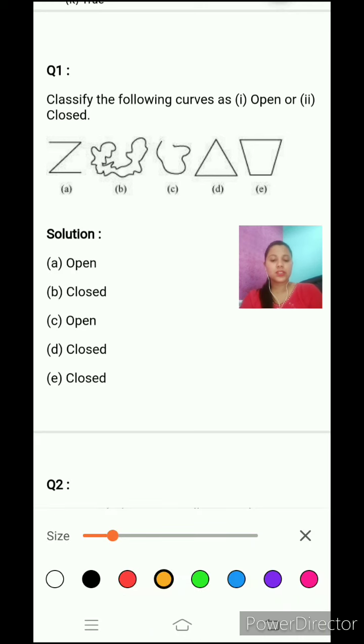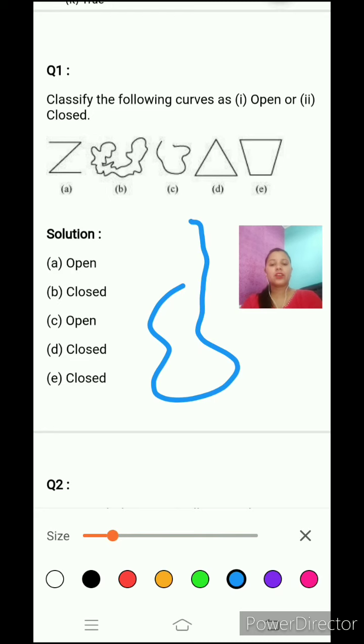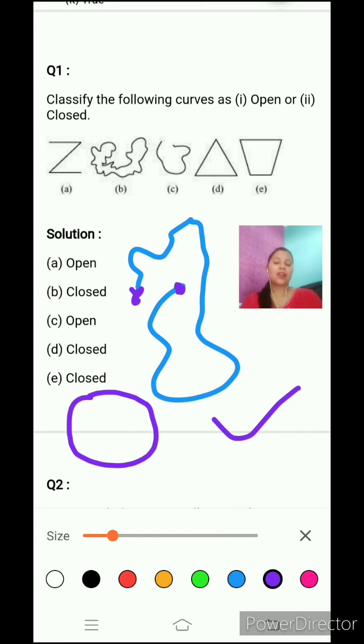First, let's discuss what is the meaning of open curve. If you have any curve and it's not connected, just like here, this curve has 2 points and these 2 points are not connected with each other, so this curve is an open curve. But when you have a curve which doesn't have any end point or starting point, it's a closed curve. If you are not able to identify from where this curve started or ended, it means it's a closed curve.